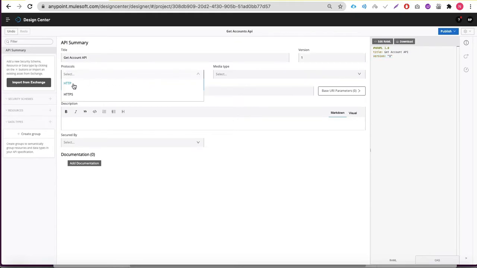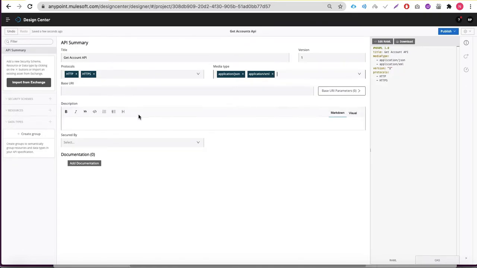Protocols, as I mentioned, will be HTTP and HTTPS, and we will use media types application/json and application/xml. On the right, you can see that automatically we are building our RAML script in the form of RAML language.